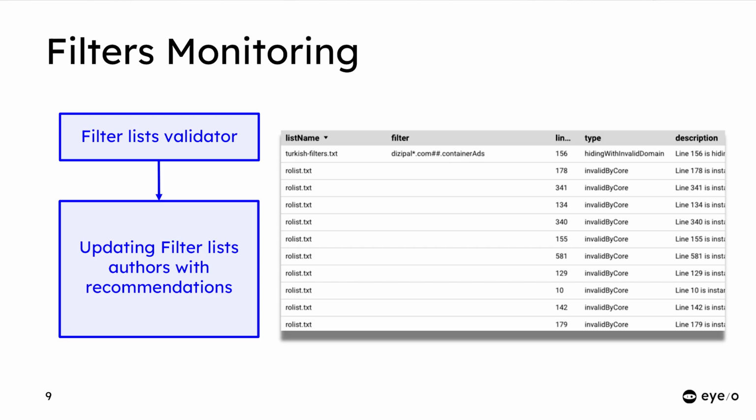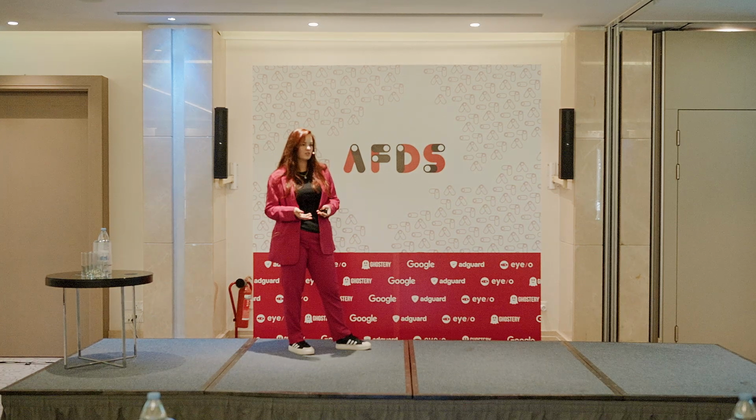So whenever there is an invalid filter, the extension just ignores it and doesn't do anything with that. So no harm for us and for the user. But of course, that reduces the effectiveness I've been talking about at the beginning. So we also need to make sure that the filter lists are as reliable and as effective as we can